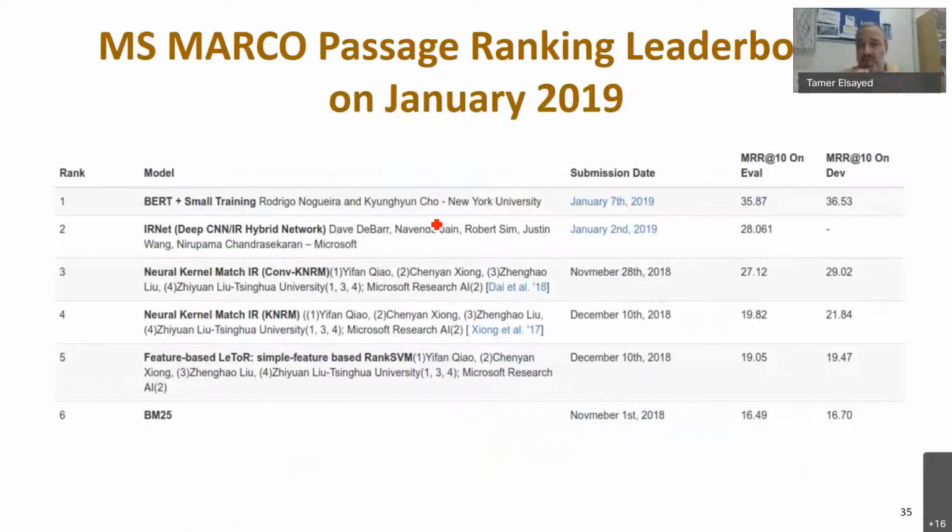The task here was retrieval on a specific collection, and it was the beginning of the deep learning track in TREC. Okay, so if you look here on January 2nd, the best mean reciprocal rank measure for any submitted system